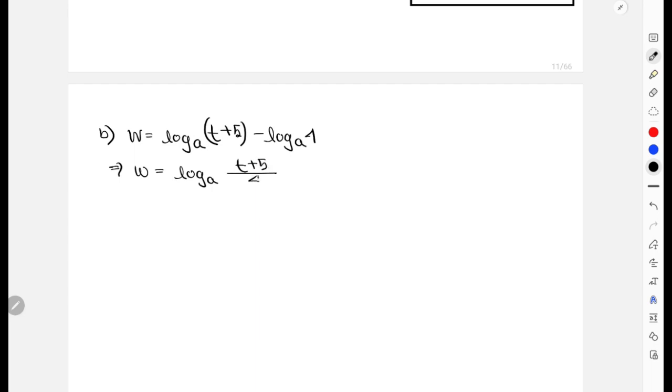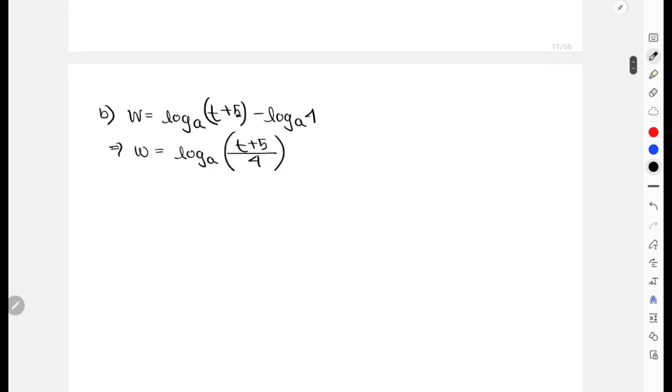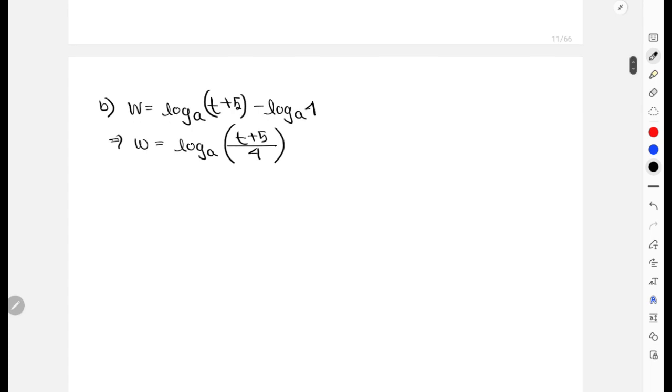T plus 5 divided by 4, and now I can take this A to the other hand side to make it a power of W, which will be (T plus 5) divided by 4 and then A to the power of W. Right, this is how the expression is. The value for A was already calculated in part 1, which was